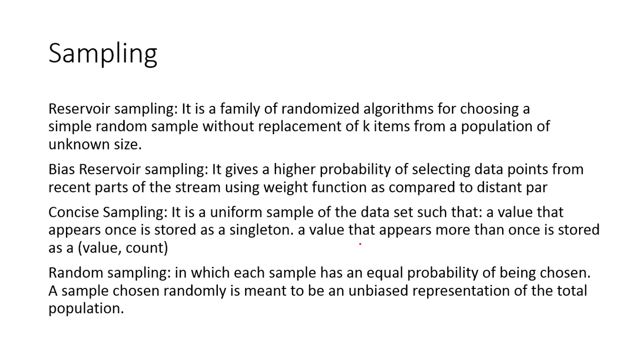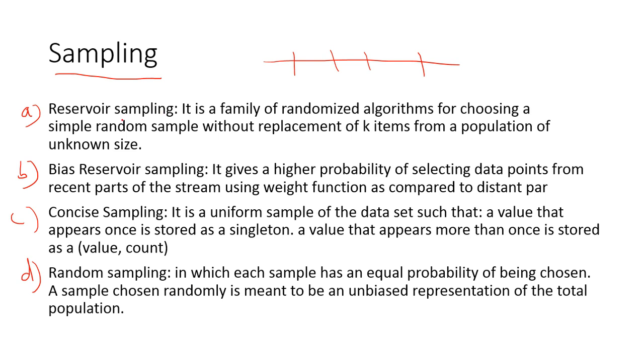Next we will see the sampling. So as the name implies, sampling means what? सेम एज हम लोग क्या पहले क्या करते किया था, चंक चंक मींस जो भी एंटायर फाइल था वो फाइल को हम लोग क्या करते थे, पार्ट्स में डिवाइड करते थे. तो सैम्पलिंग इज सेम थिंग. अगर आप लोगों का पूरा अगर एक डेटा स्ट्रीम रहेगा तो डेटा स्ट्रीम को हम लोग क्या कर सकते हैं, सैंपल्स में डिवाइड कर सकते हैं. ओके, सो वेरियस कैटेगरीज ऑफ सैम्पलिंग आर देयर. रिजर्वर सैम्पलिंग, bias reservoir sampling, concise sampling, and the random sampling.